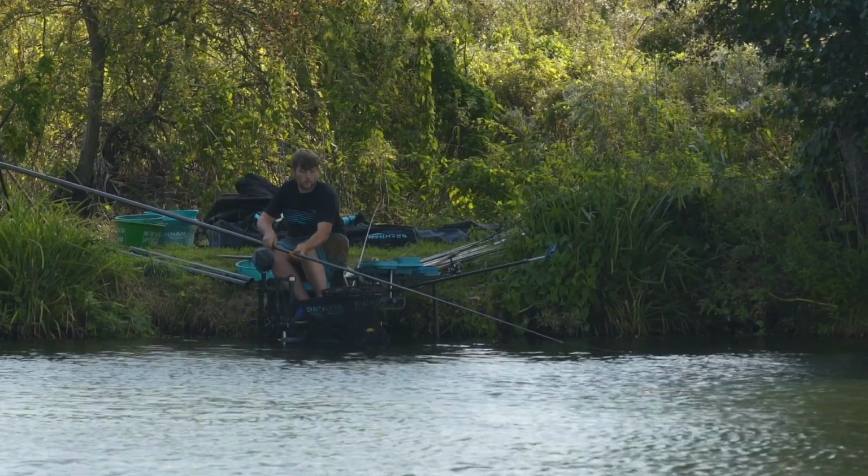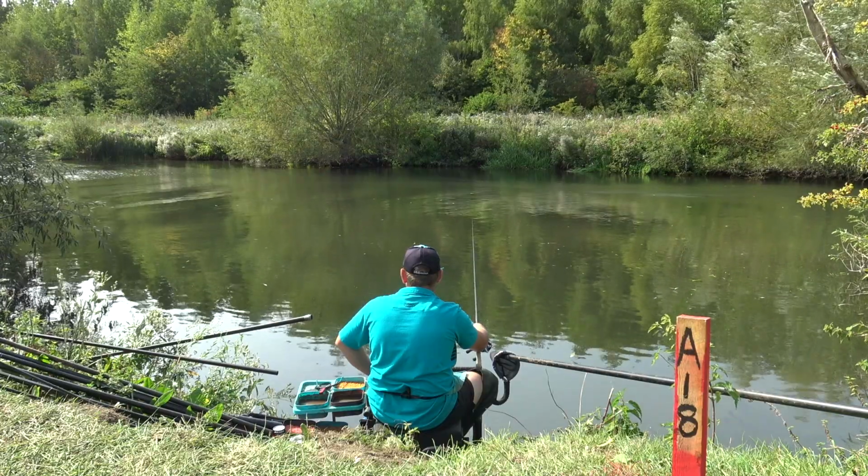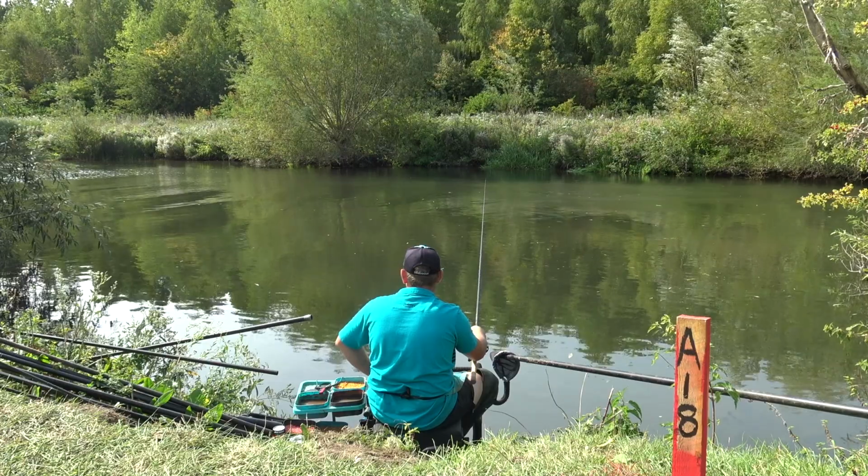So today takes us to the Sandford section? Sandford section, yep, and I drew peg 18. Not a great draw. Not really happy with it today. There's some good anglers on some better pegs a little bit further down, so we'll see what happens. I think you've got your work cut out. Yeah, I think so. There's a couple of really good anglers down there, but hopefully we can just sneak a